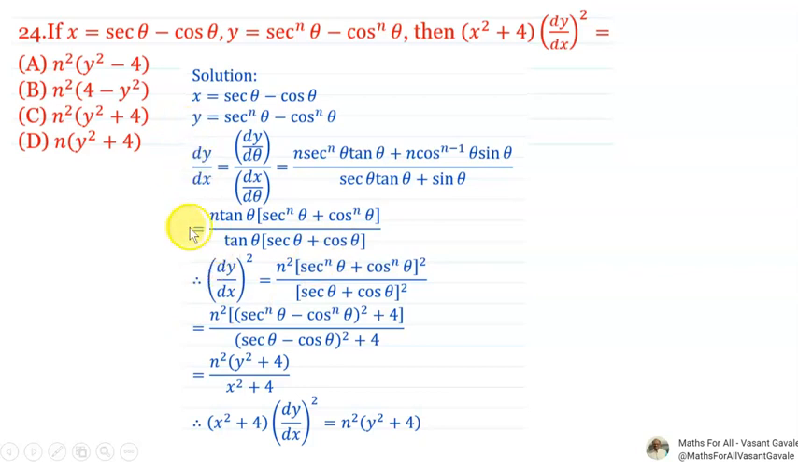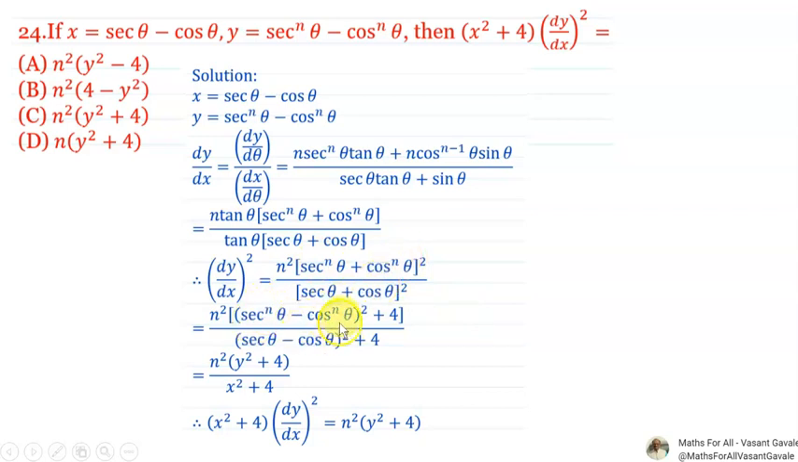And therefore dy by dx is equals to, इथे tan theta कट होणार, n in bracket sec theta bracket is to n plus cos theta bracket is to n upon sec theta plus cos theta. Squaring on both sides, dy by dx bracket square is equals to n square in bracket sec theta raised to n plus cos theta raised to n bracket square upon sec theta plus cos theta bracket square. पुन्हा हे स्क्वेअर टर्म्स कसे दिले बघा,